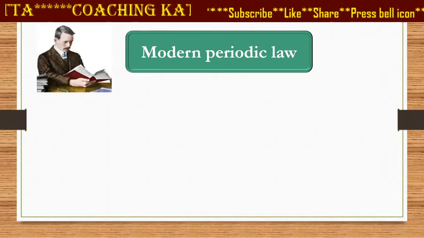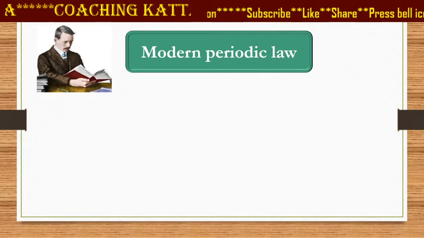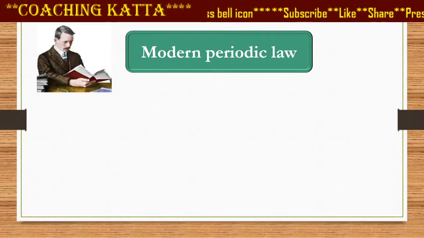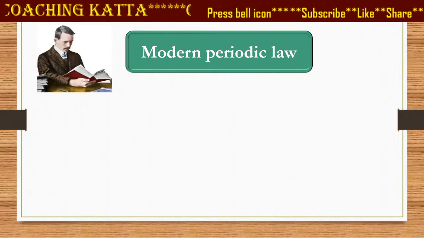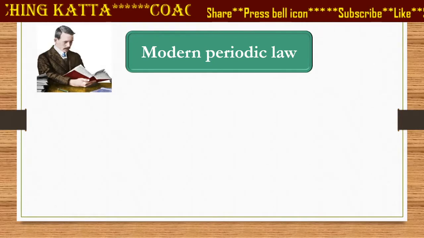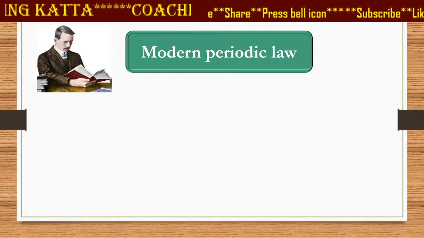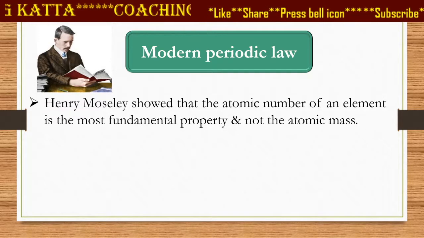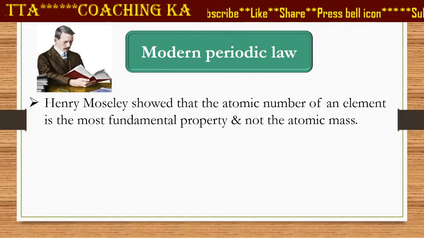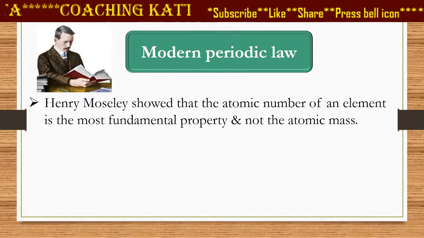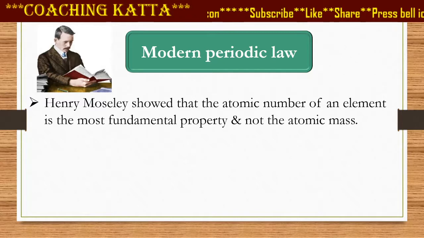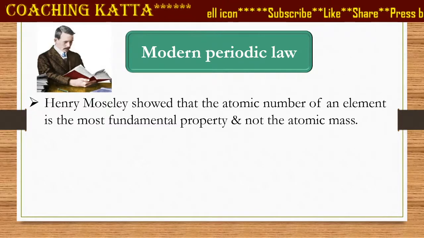Even when Mendeleev put forth his periodic table, scientists did not know about the interior part of the atom and also about the electrons. After the discovery of electrons, scientists started to study the relation between electron number and atomic number. In 1913, the English scientist Henry Moseley proved that the atomic number of an element corresponds to the positive charge on the nucleus, that is, protons.